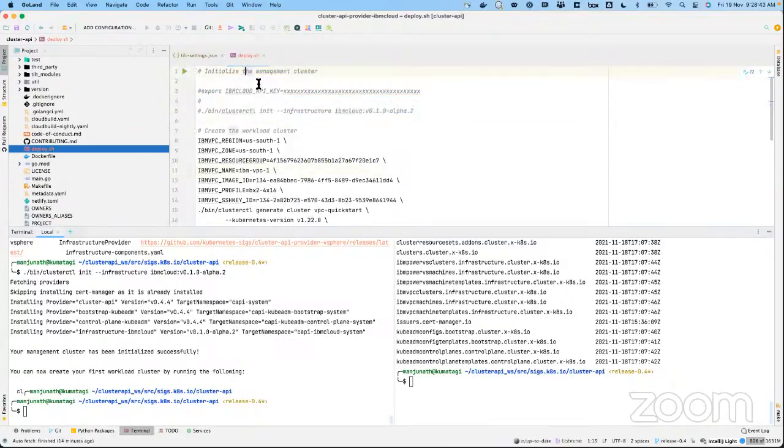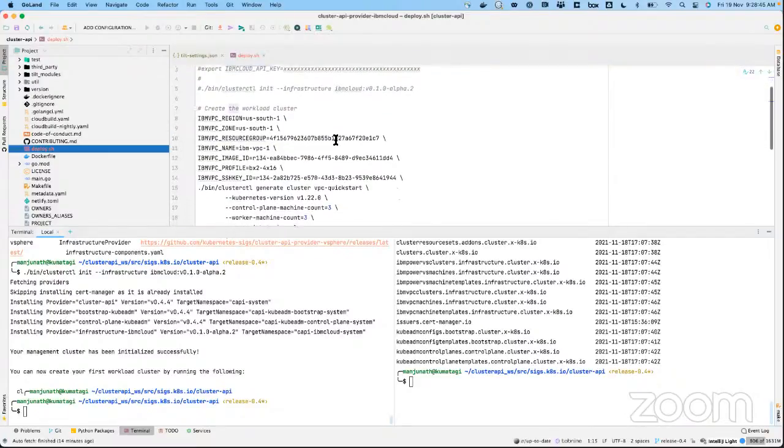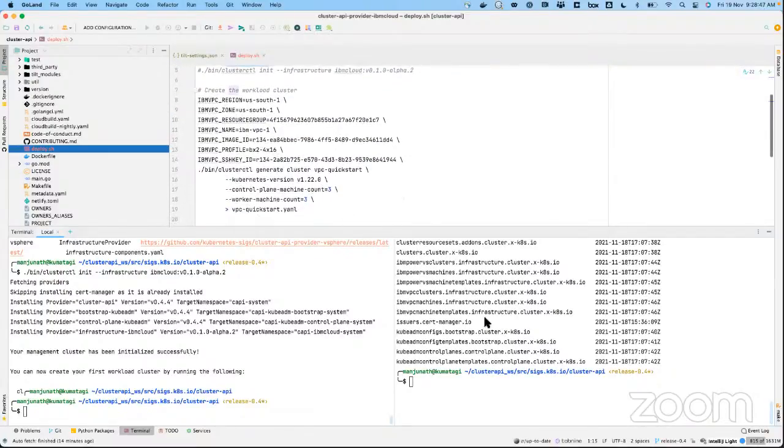So we just initialized or deployed the management cluster, and whatever we deployed is more like the controller which is responsible for creating the Kubernetes cluster. It will not create any cluster by default. For that, you need to generate your own spec for creating your workload clusters. A workload cluster is really Kubernetes clusters on top of Kubernetes.